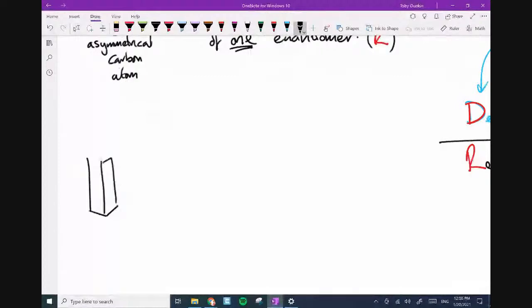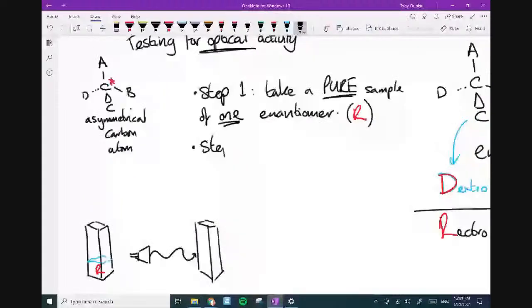Here's my pure R. Right, what I'm now going to do is shine through that pure R plain polarized light. So step 2, shine plain polarized